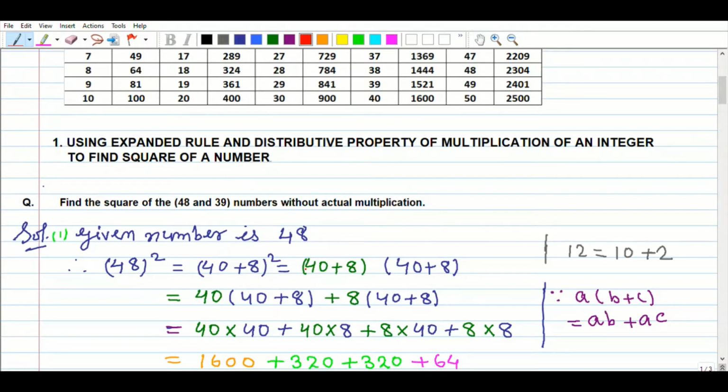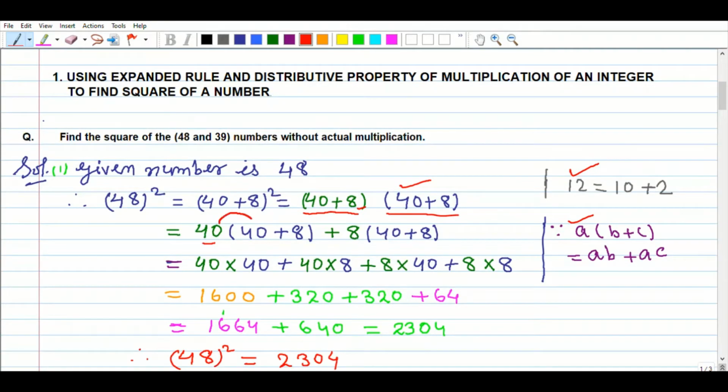In the bracket I have written, and a bracket is also called a small bracket. And again I have written 40 plus 8 in a bracket. Using the distributive property I have written here, and above I have written how to expand. First we write 40, then the second term, 40 plus 8, plus 8 is here, 8 also right here, and again copy this one below. After computing, you get here